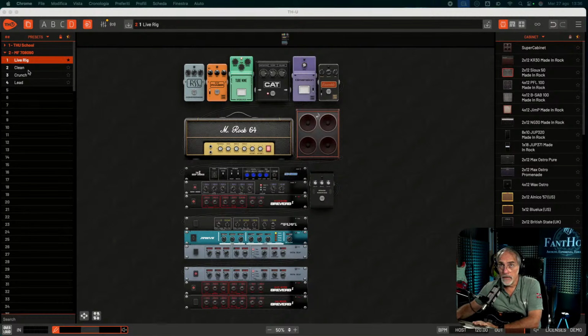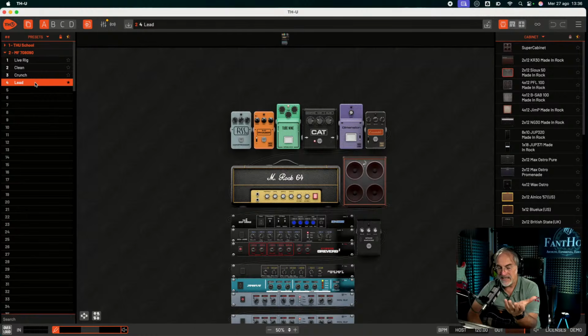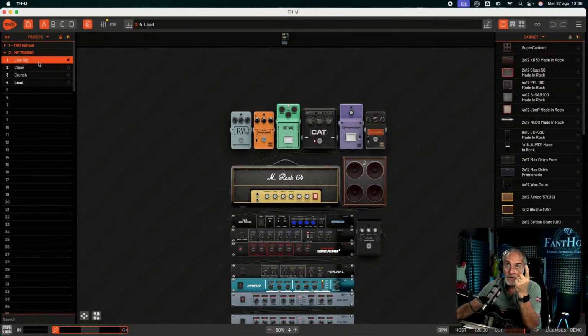THU here. As you can see, this preset bank is organized in one live rig preset. I will explain you better. The clean preset, the crunch preset, and the lead preset. Practically, it is the same preset for every preset, but what is changed is the scenes. Every scene is completely different, and so you can create your live rig, as I've done, okay, with this one, to play